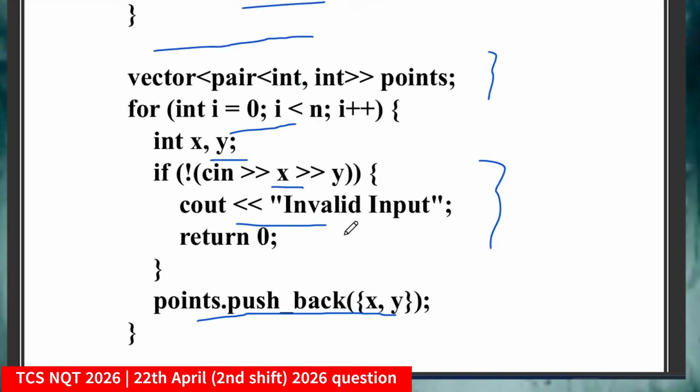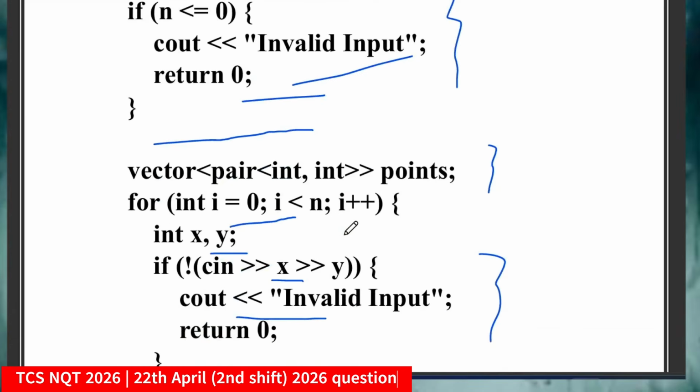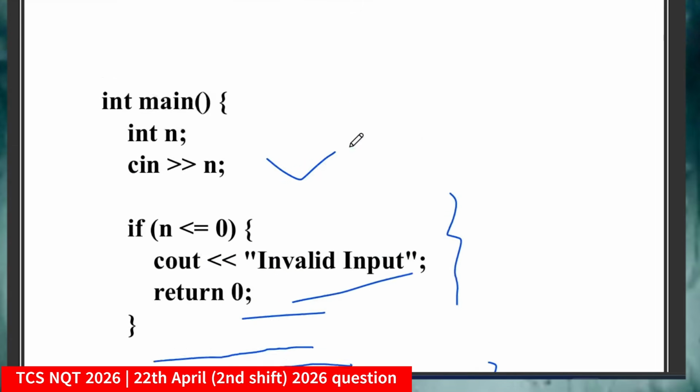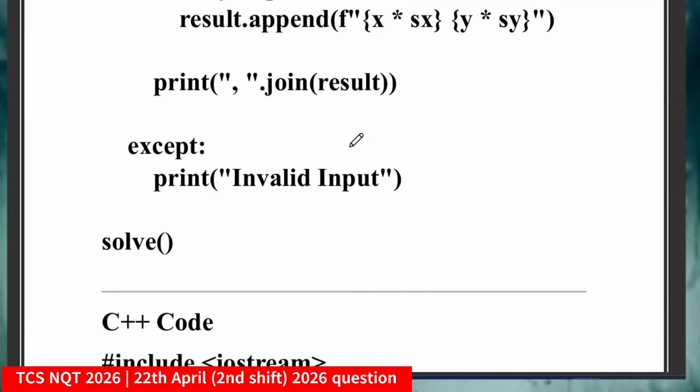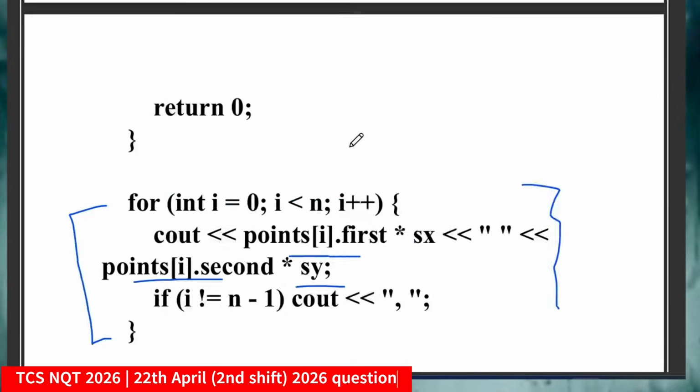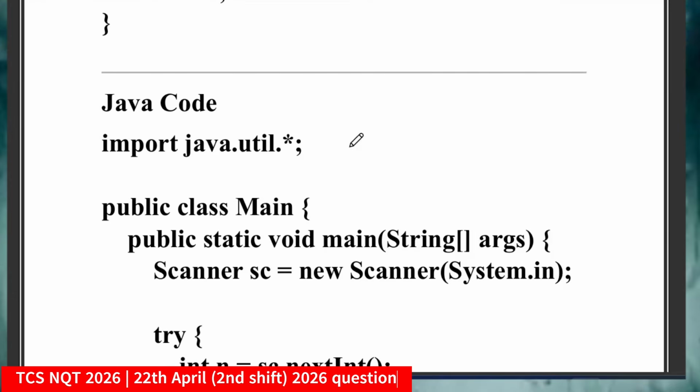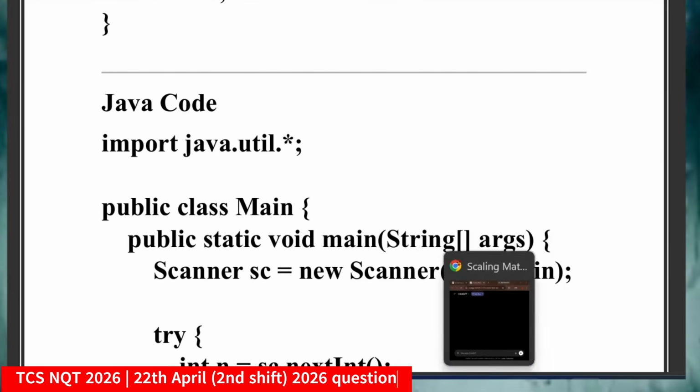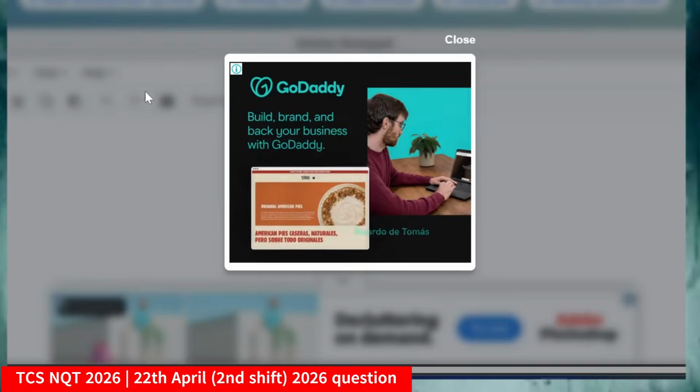That's it. Since you are taking a pair here, the pair represents first and second, so if you want to access them, you use first and second. I hope you got the clarity. Now let me turn to the online compiler, then you will get better clarity.